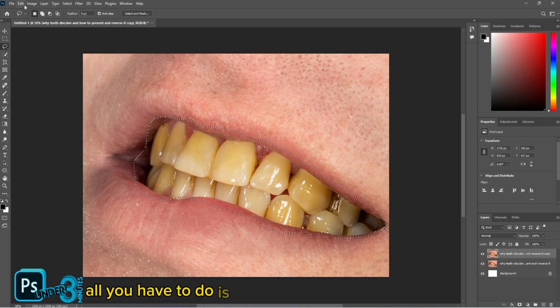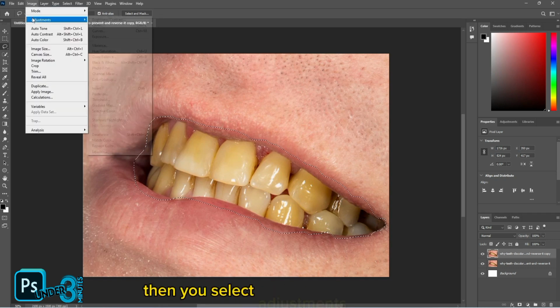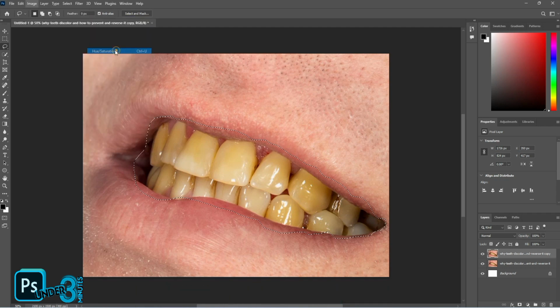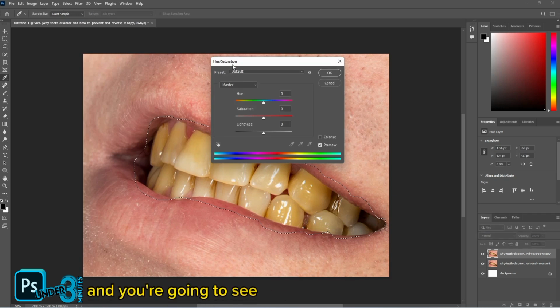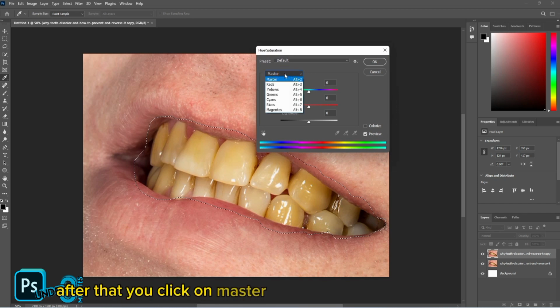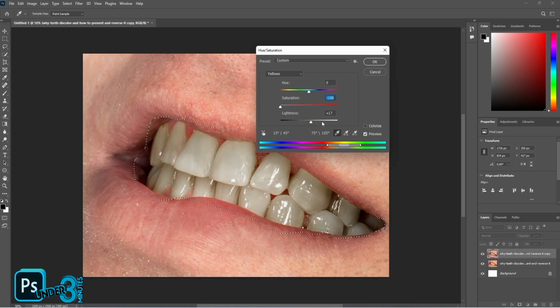All we have to do is to go to image on the menu bar, then you select adjustments. After adjustments, click on hue/saturation and you are going to see this pop-up window. After that, you click on master and you select yellows because we are getting rid of the yellowish teeth. With that selected, reduce the saturation to -100 and increase the lightness to 100